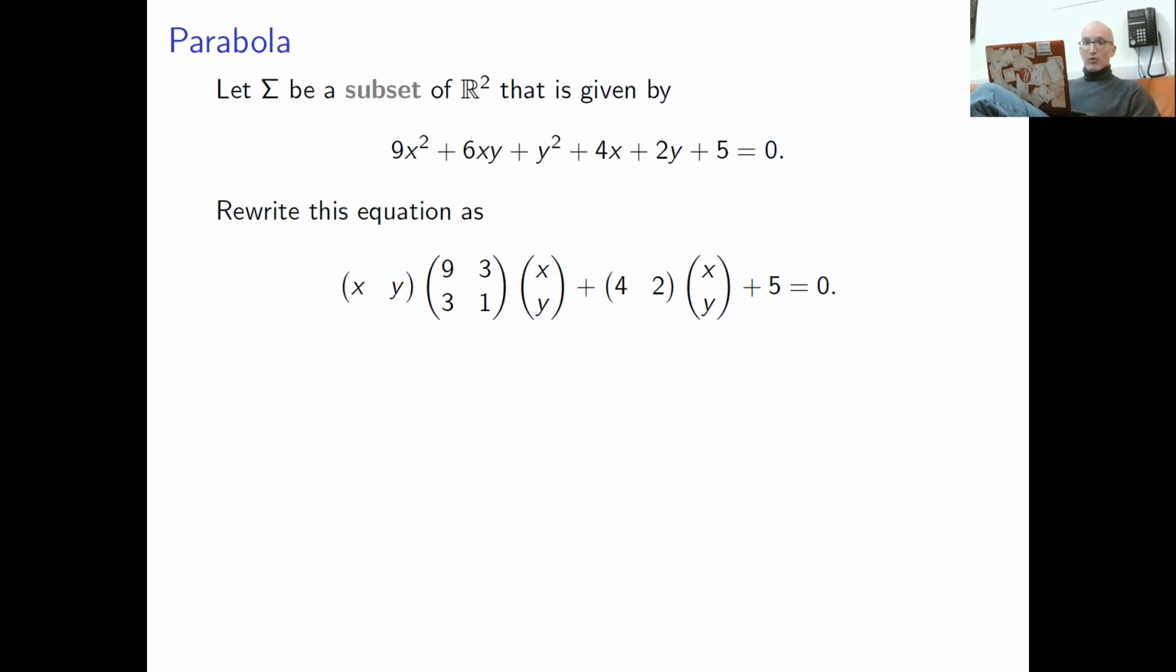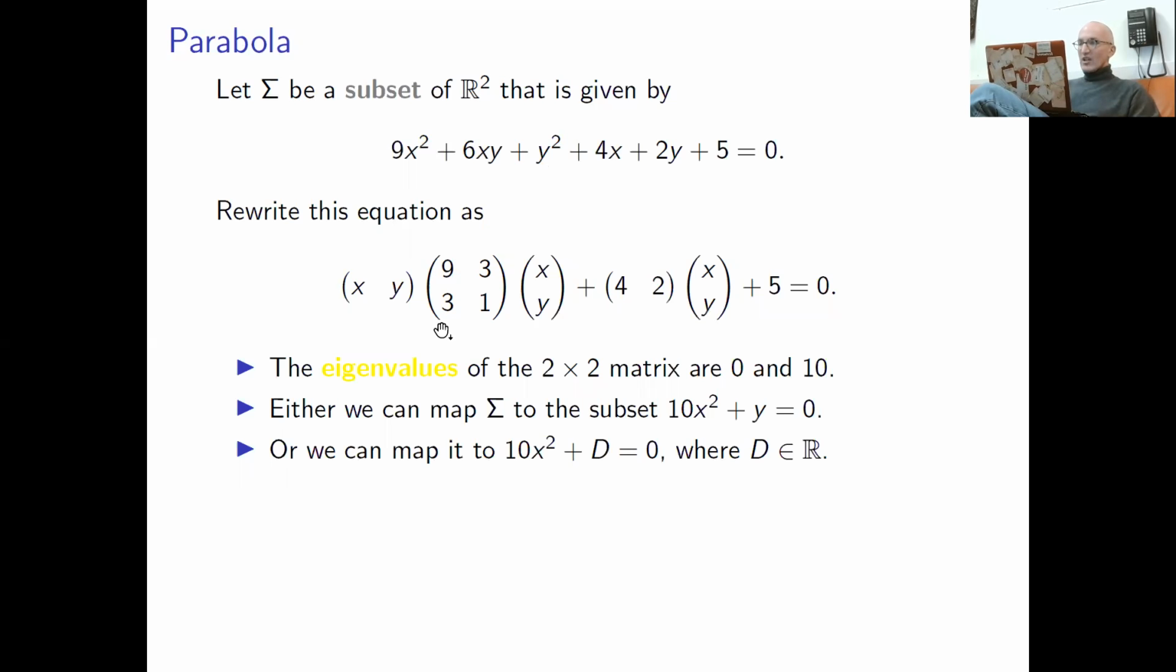So in the proof of the classification theorem, I assume that this 0 eigenvalue is lambda 2. This basically implies that, up to translation and rotation, I have two options. Either my translated, rotated subset is going to be given by this equation, so this is a parabola, or